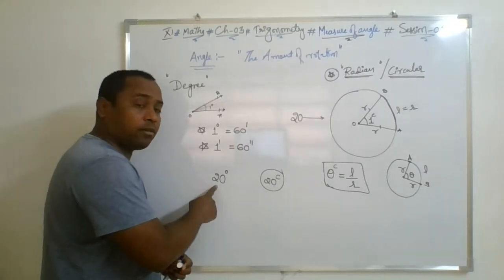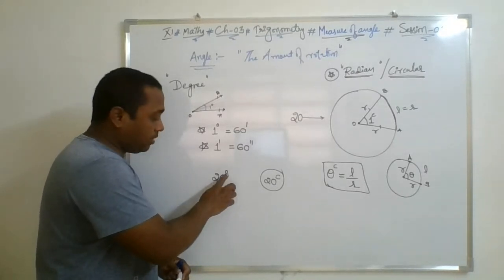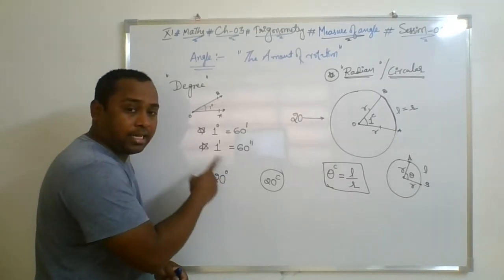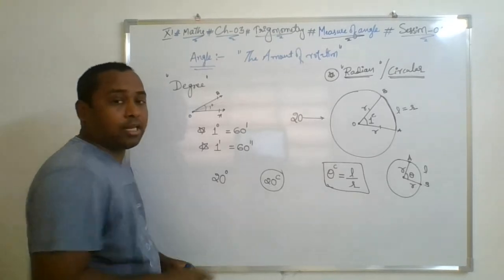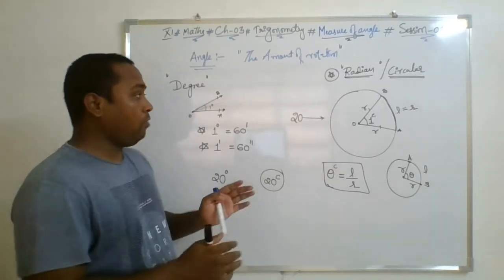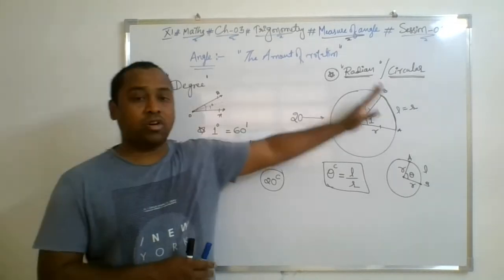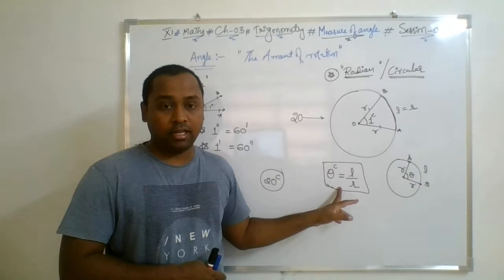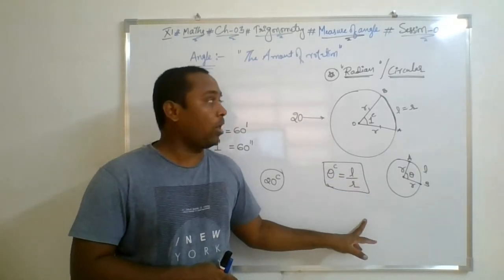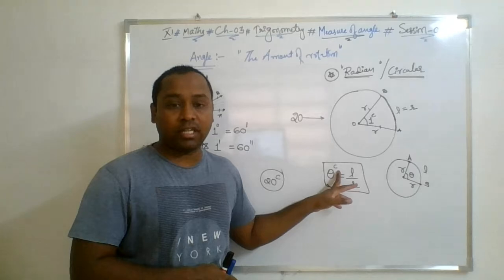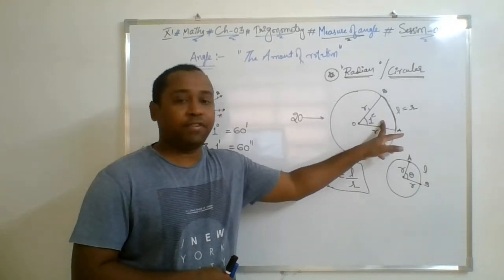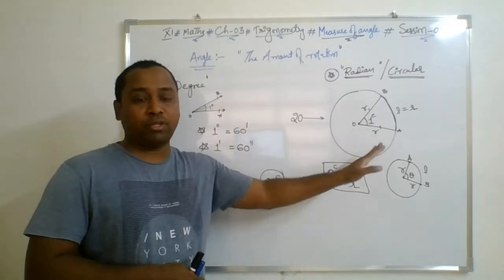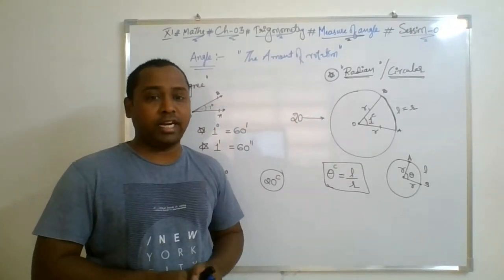To represent a degree measure, the small circle for degree must be written; only then will it be considered a degree measure, otherwise it will be considered a radian measure. Now you know what a degree measure is, what a radian measure is, how the radian measure can be calculated using the formula, how it can be represented symbolically, and the definition of one radian. Now we are going to establish a relationship between the degree measure and the radian measure.